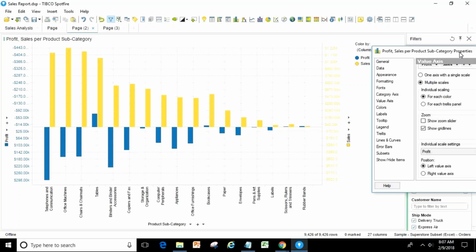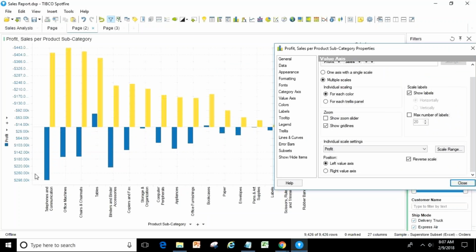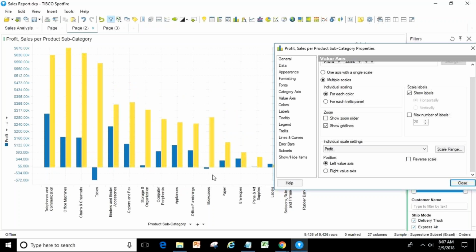Actually, reverse scale is reverse. That's the reason you are seeing it negative. This one is negative, and profits are there. But if you are not using reverse scale, what will happen? Anything going down is negative.